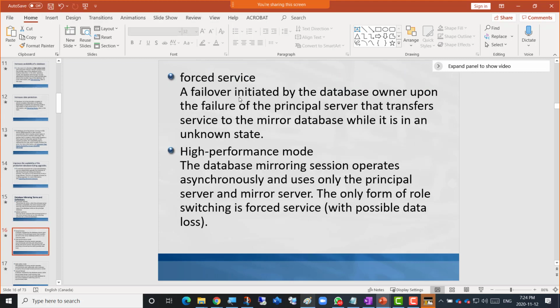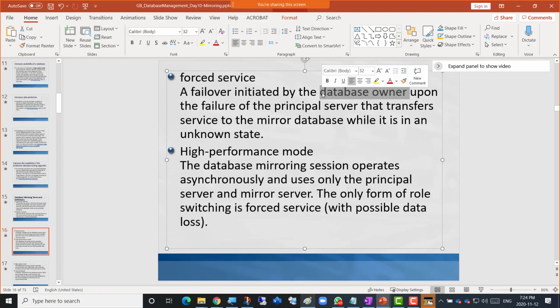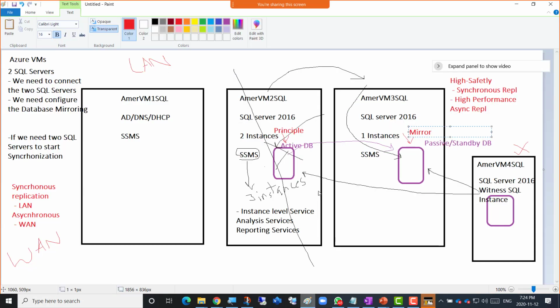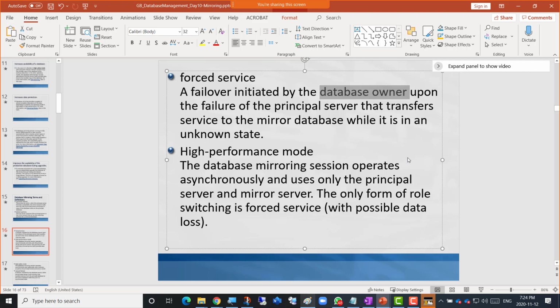We get that. Forced service, a failover initiated by the database owner. So we can actually force our database failover. Obviously, we will do that when there's a planned maintenance going on. Then we can force active on VM2 to failover to the passive on VM3. That's called in terminology forced service,